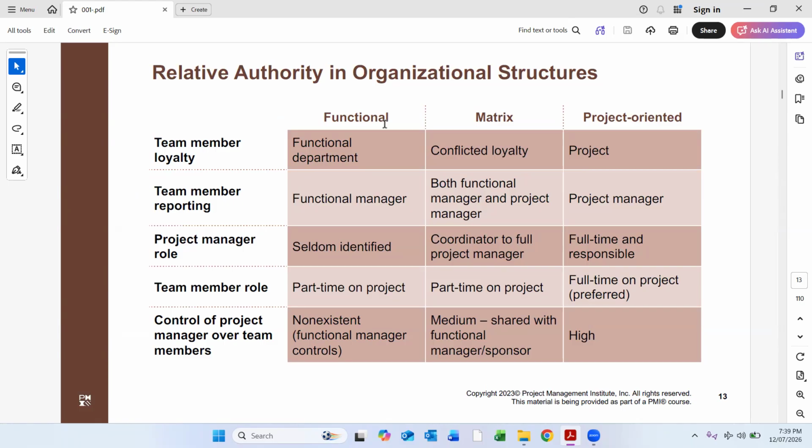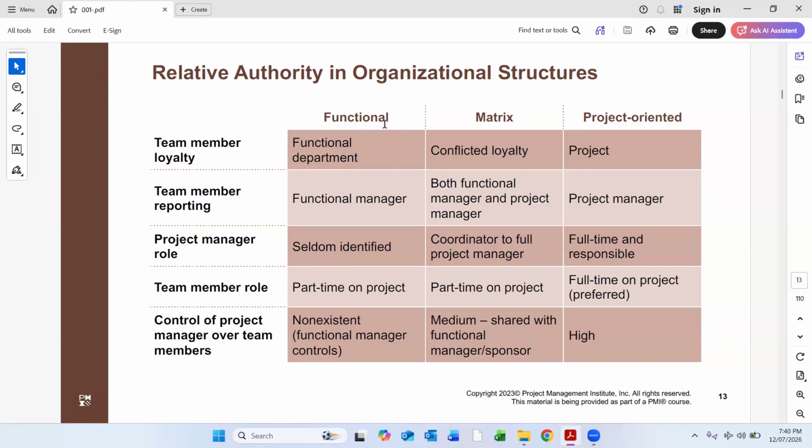But in matrix organization, you have both, but let us first discuss the project oriented. In project oriented, your project manager role is high, but the functional manager role is less as compared to the project manager role. So that's why it's called project oriented.